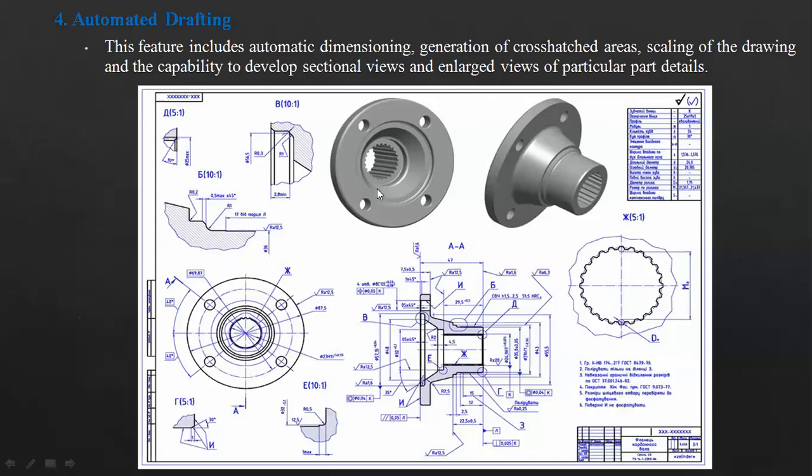So if I change the model, let's say I change the thickness of the flange or the number of holes or the size of holes, or any distance, any dimension, those will be reflected here. I need not come to the drawing and change it. Because you have a relationship, it will change dynamically. So that dynamic change, that feature is very much useful, isn't it? Need not come to the drawing again. Make the changes in the model, and that will reflect in the drawing. That is another potential feature that you have.